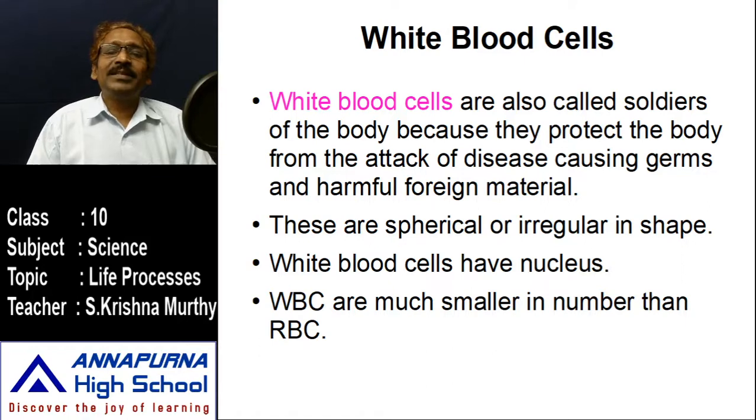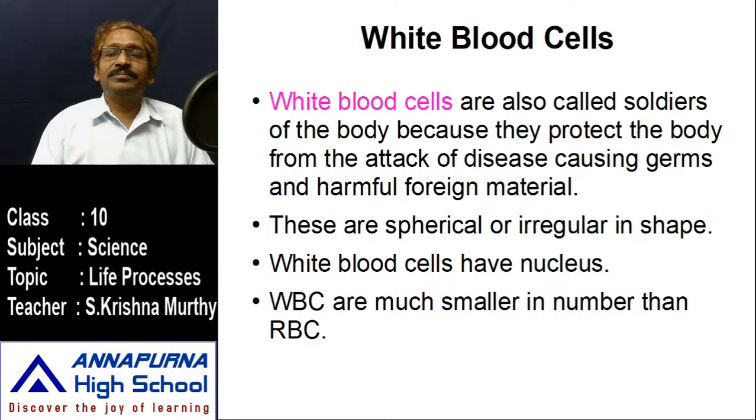When we observe the white blood cells under the microscope, they are spherical or irregular in shape, but red blood cells are disc shaped structures. RBCs are disc like structures, platelets are fragment like structures, and white blood cells are irregular or spherical in shape. When we observe the inner portion, the cytoplasm,